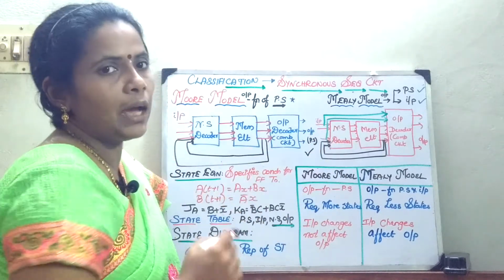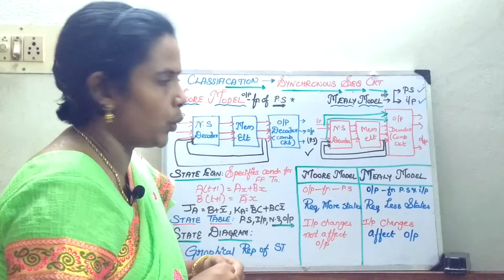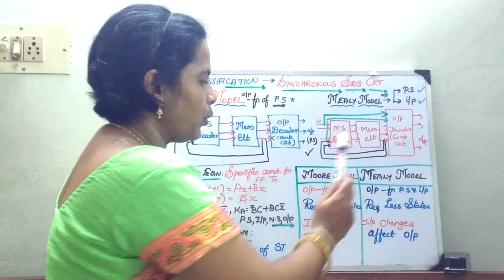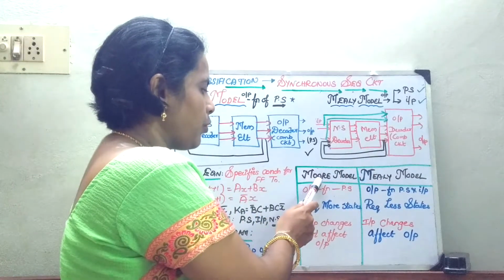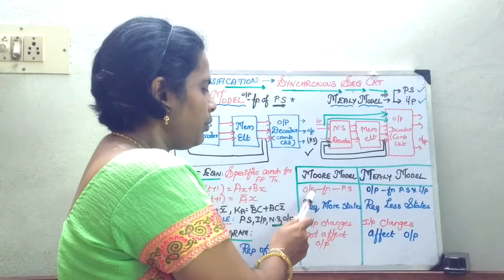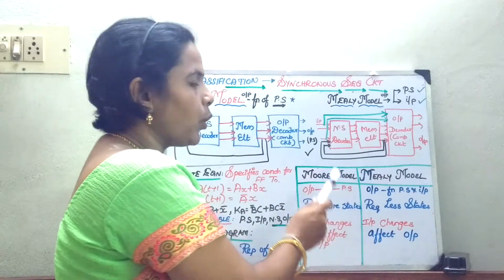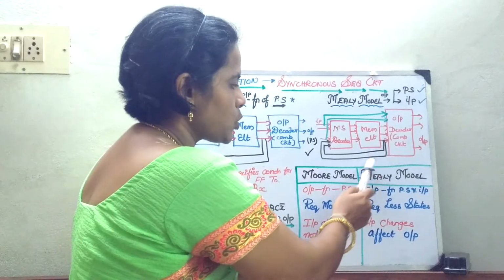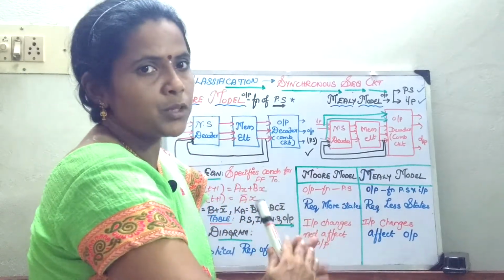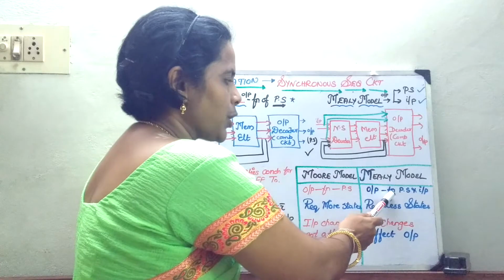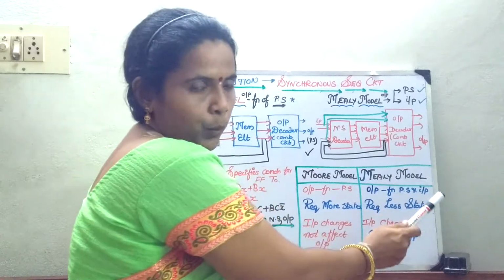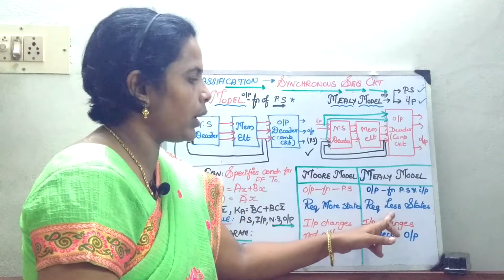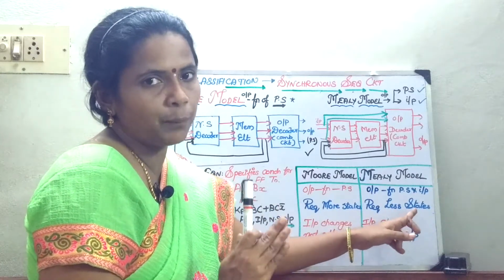Now we will have certain concepts to be known. So now we will see what is the difference between the Moore model and the Mealy model. In the case of the Moore model, just think of your output as a function of the present state only. Whereas for Mealy, remember meals, so it depends upon two parameters. Output is a function of present state and input. Now, though it depends upon two parameters, it requires fewer states for its computation.